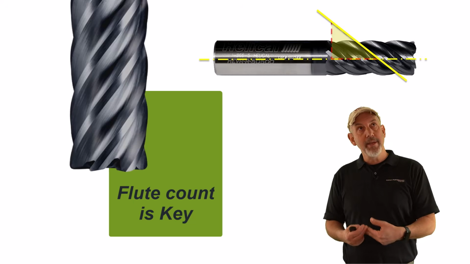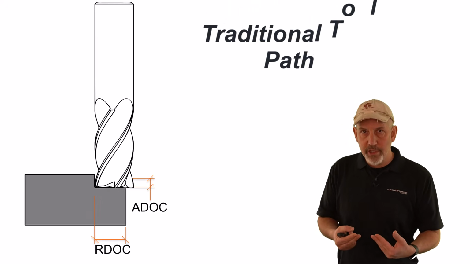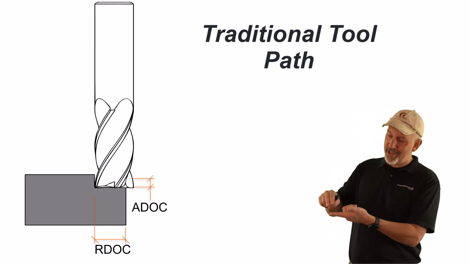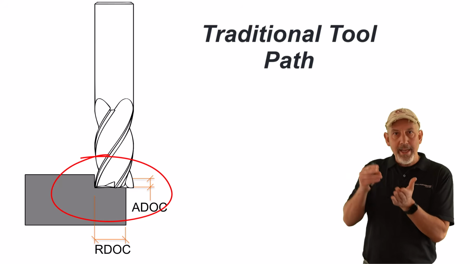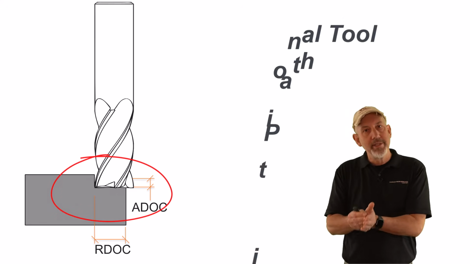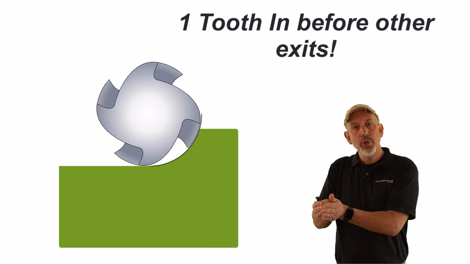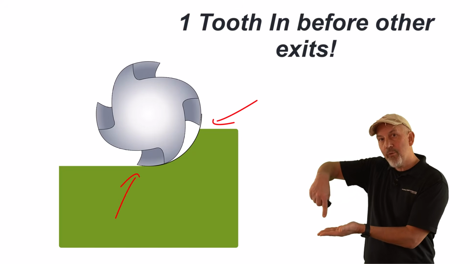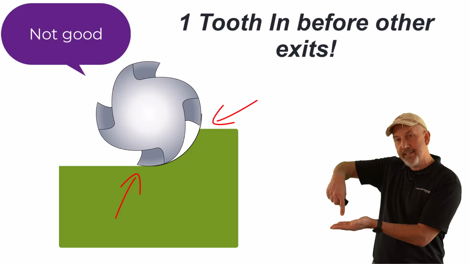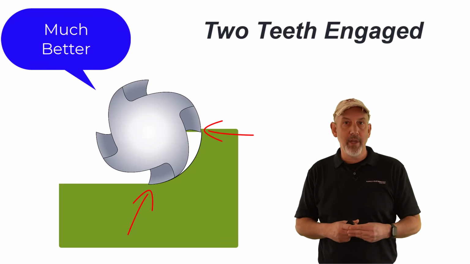If you're asking me, where would radial come in? Well, let's say I was doing a traditional tool path. Traditional is not HEM, and I'm taking a light axial depth. Now I can control my points of contact by taking a larger radial. The more I step over that radial, I am going to have one tooth before it exits. I'm going to have another tooth in the material. That's going to stabilize your cutter.